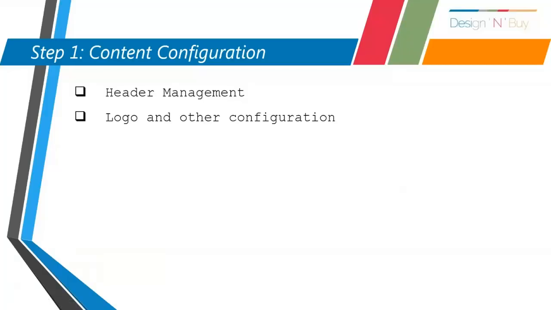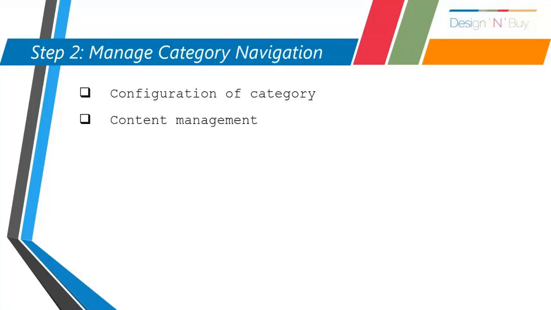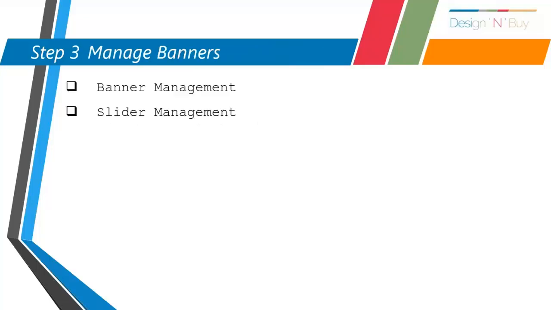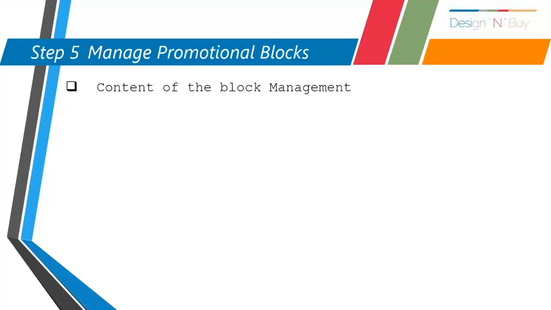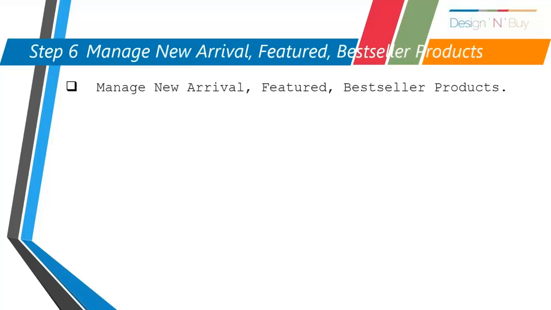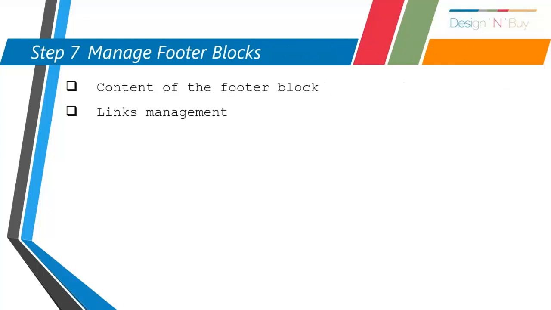So first of all, we will be seeing header management, where I will be showing you the logo management, the SEO part of the whole website, favicon management, as well as store-wise settings. Then we will be seeing category configurations as well as content management. We are also going to cover banner and slider management today, as well as CMS content management, whether it's a CMS page or CMS blog. Also, I will be showing you the widget management. With the widget, we will be showing you how you can manage your new arrival, featured and bestseller products. So let's start with the first topic,